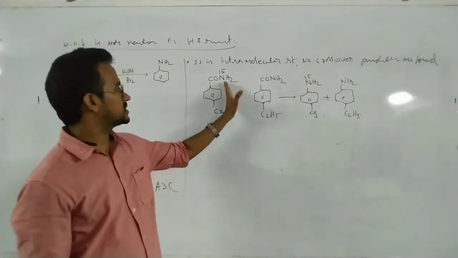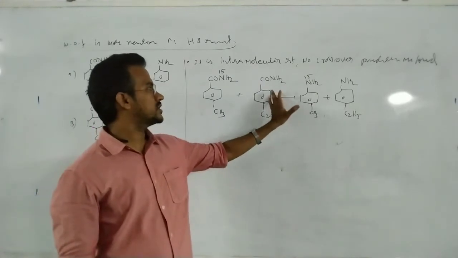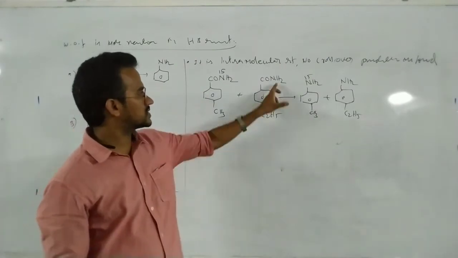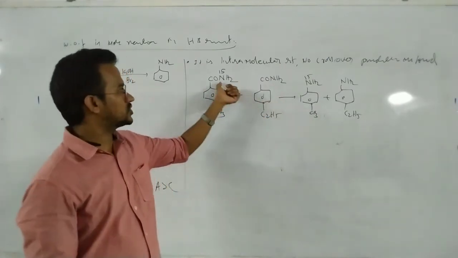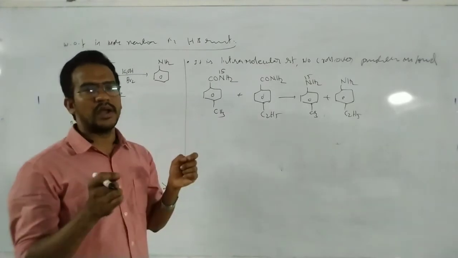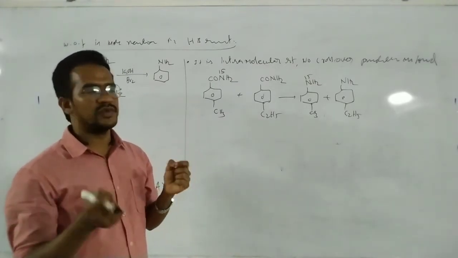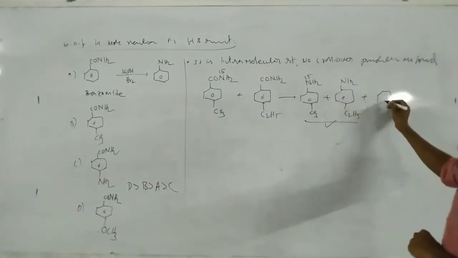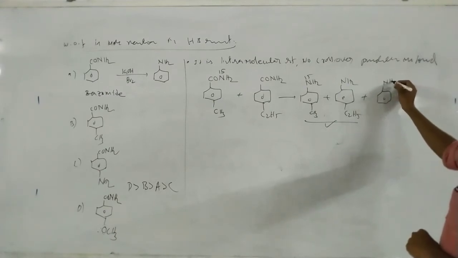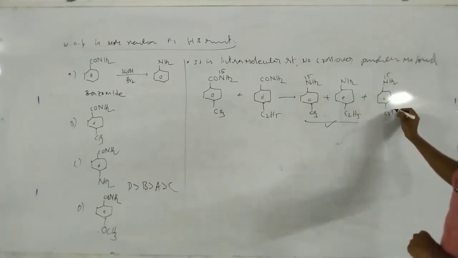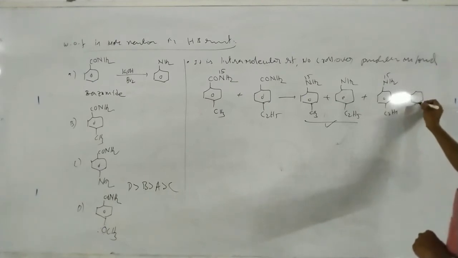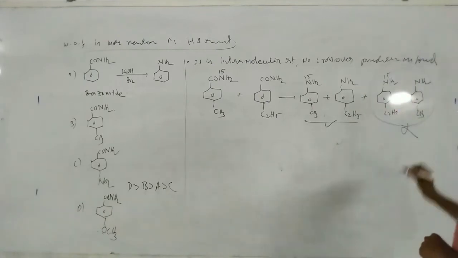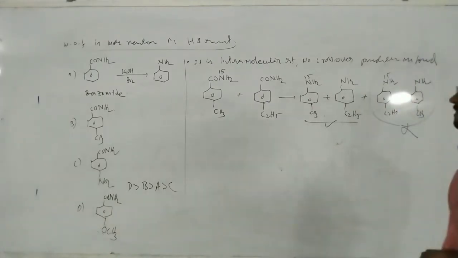This alkyl group migrates towards its own nitrogen, and the other alkyl group migrates towards its own nitrogen. The alkyl groups are not migrated to the other nitrogen. The reaction takes place completely within the molecule. These products are formed, but not the products with NH2 15 and ethyl, or NH2 and methyl. These are the crossover products, and they are not formed.